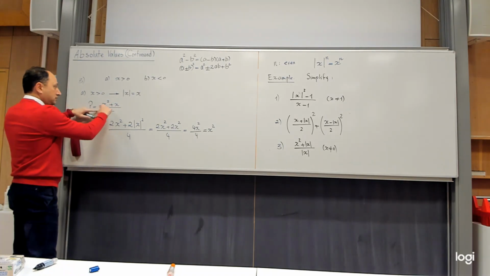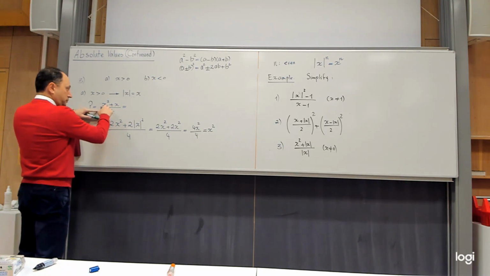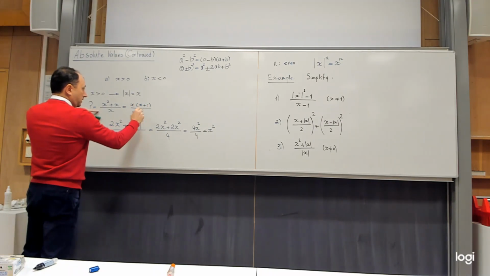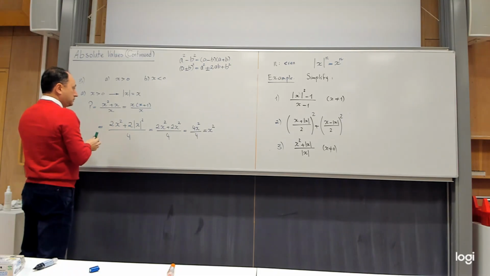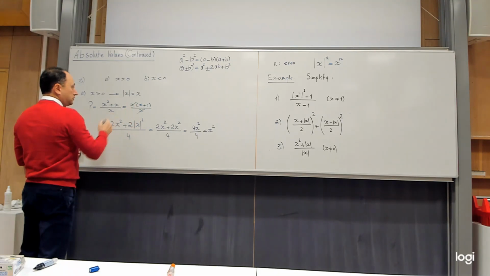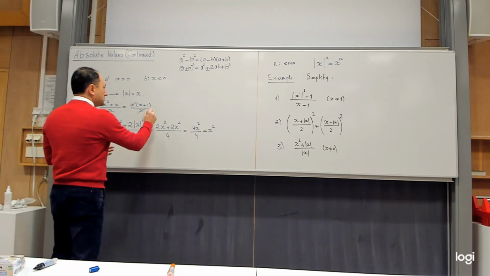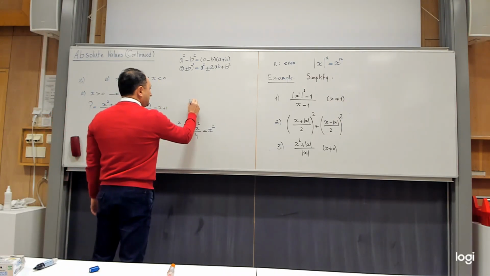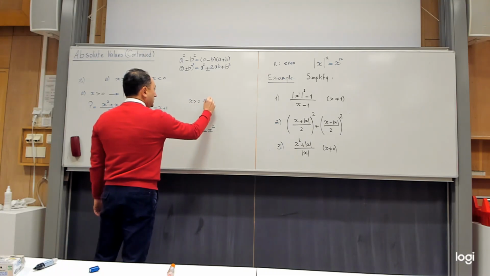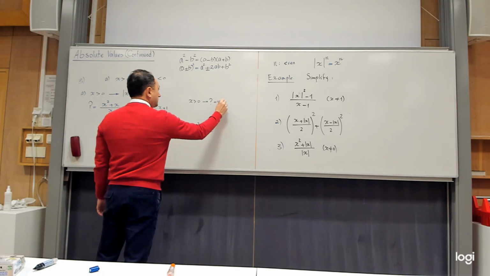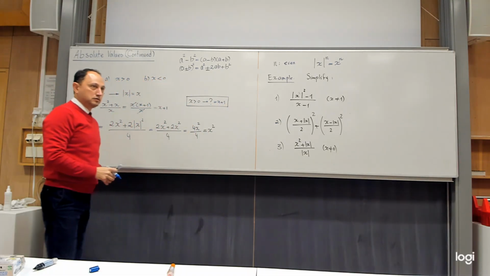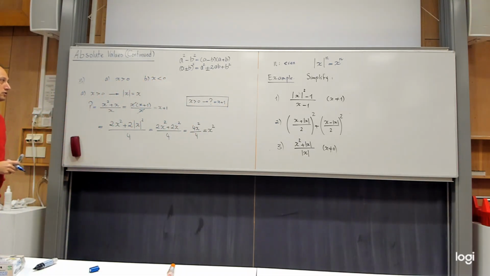So I have to factorize the numerator. But this is very simple. I pull x out. And then can I simplify this one with that one now? Yes, because they are factors. So the answer becomes x plus 1. So what we learned is that if x is positive, the question mark is x plus 1. That is not wrong. That is completely correct. But